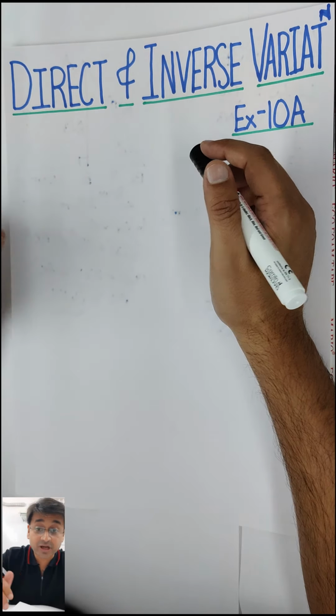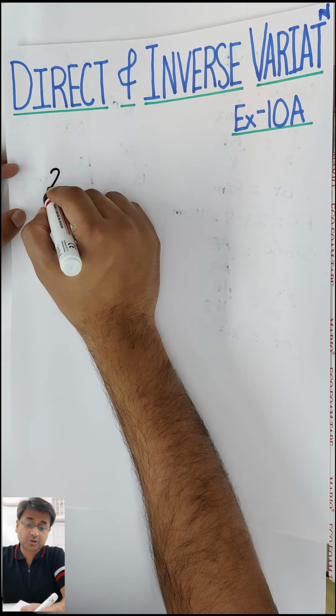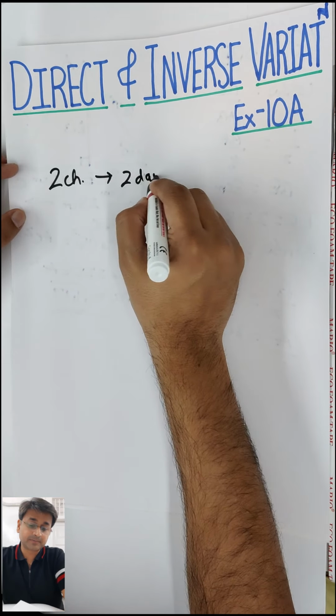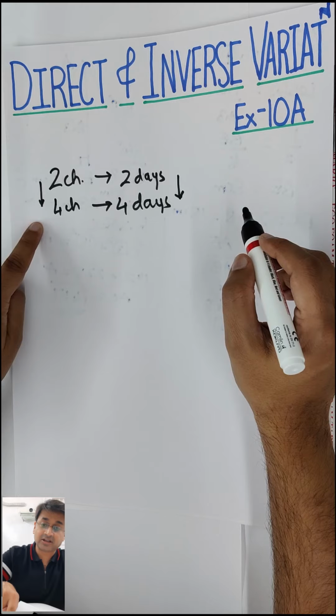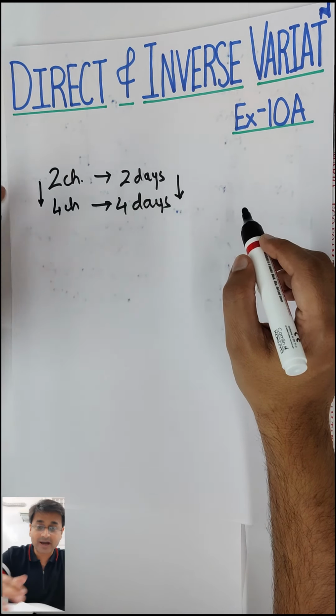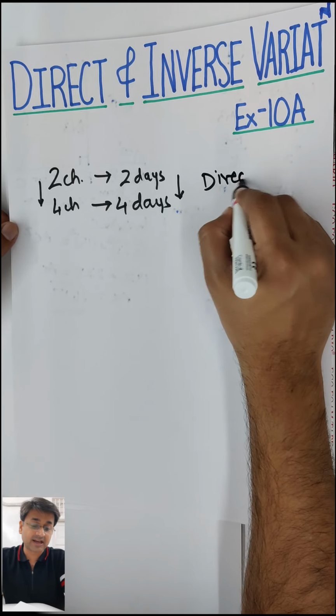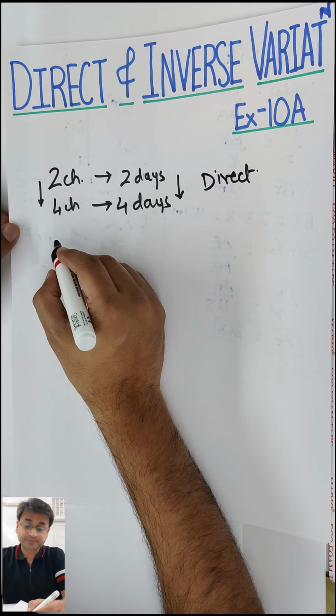For example, let's take another example. If you can eat 2 chocolates in 2 days, so in 4 days how many chocolates will you eat? So this has changed, this also will change, and the obvious answer is 4 chocolates. So this has gone up, this has also gone up. So whatever variation you can see in one quantity, the same variation you can see in the other quantity, because both are growing. By any number that doesn't matter, but if one's increasing, another one's also increasing, you call it as direct variation.